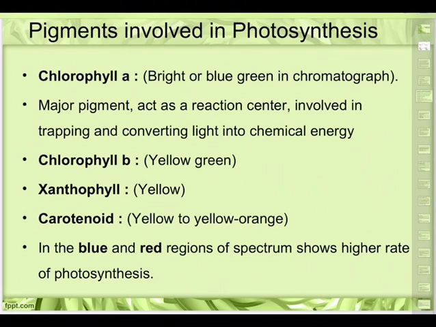So we come to the next part. What is the fourth thing that is very much essential? It is the pigments involved in photosynthesis. Where are they present? They are present in chloroplast. So in a plant, chloroplast is a must. We studied chloroplast in our previous session. The actual sites of photosynthesis are granum and thylakoid, and in them the photosynthetic pigments are present.